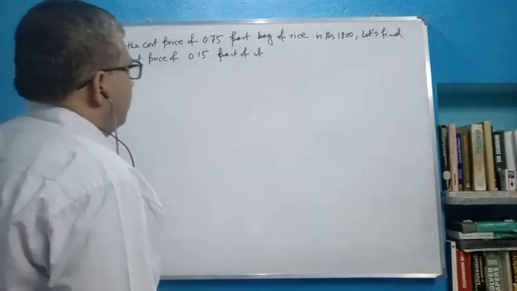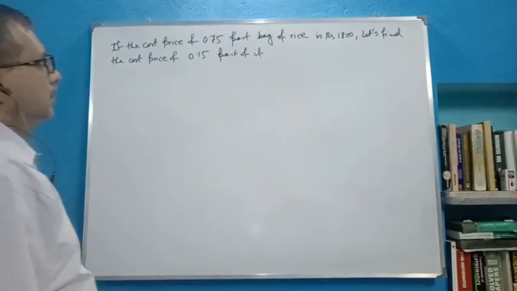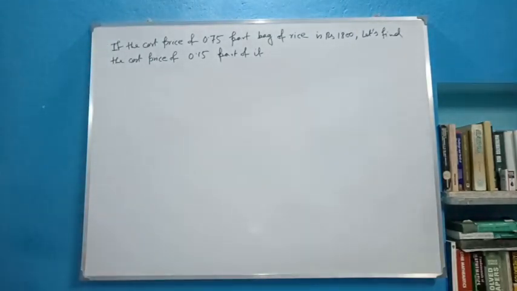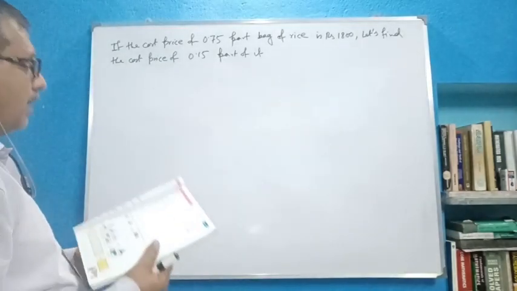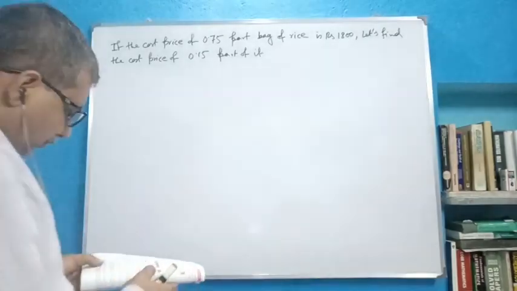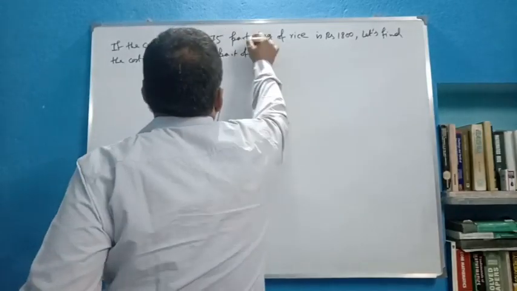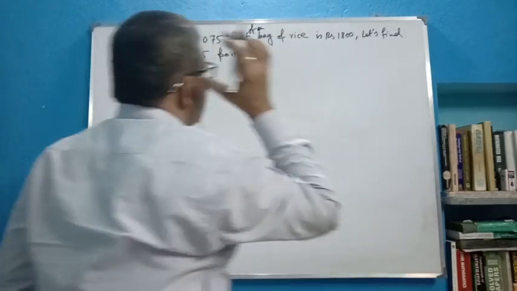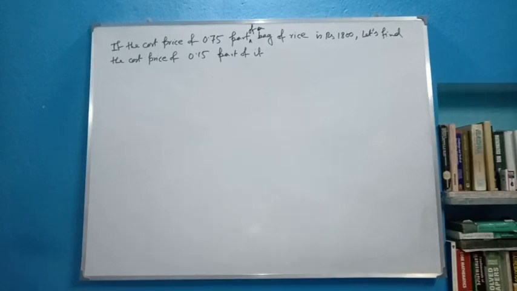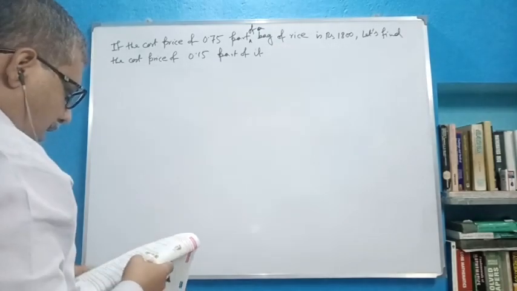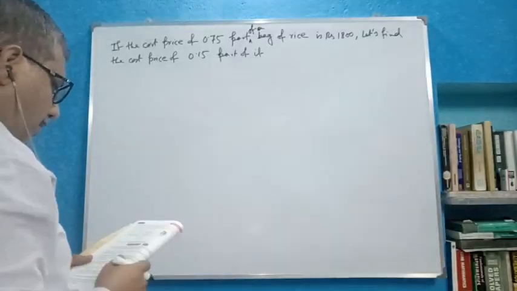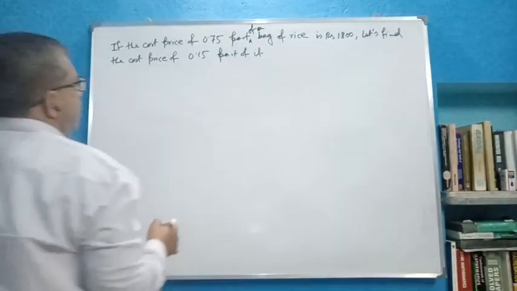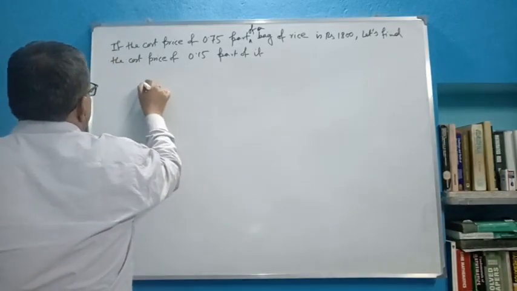If the cost price of 0.75 part of a bag of rice is rupees 1800, let's find the cost price of 0.15 part of it. Use the unitary method, no problem at all. Just write down in this way: the cost price of